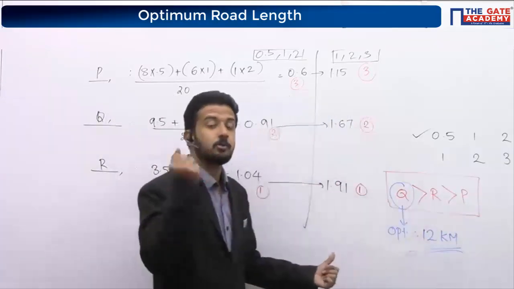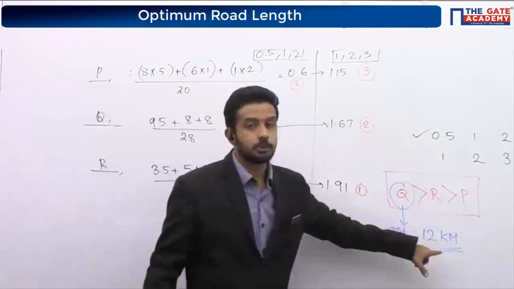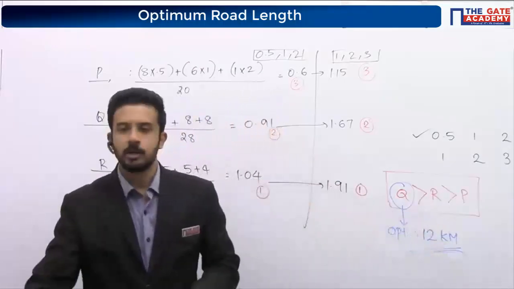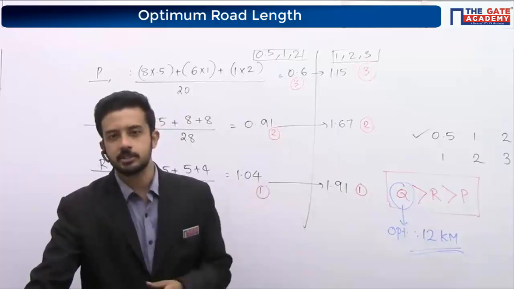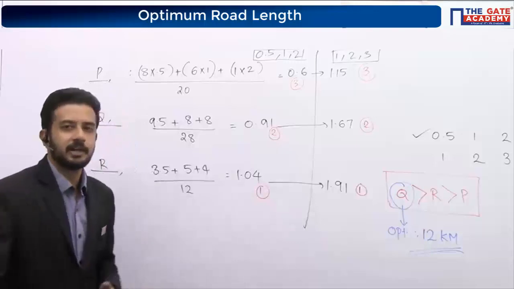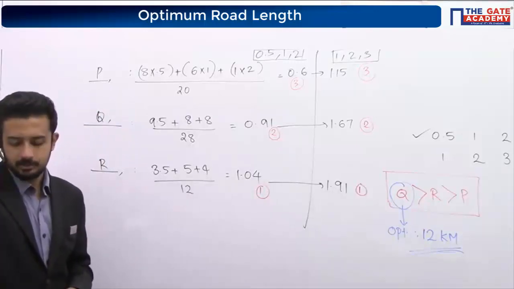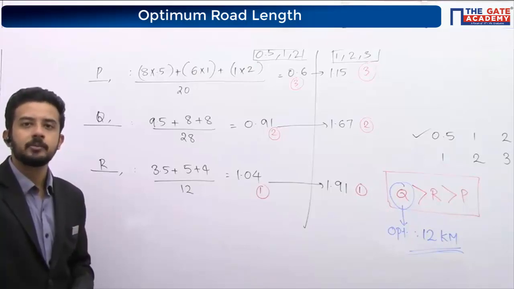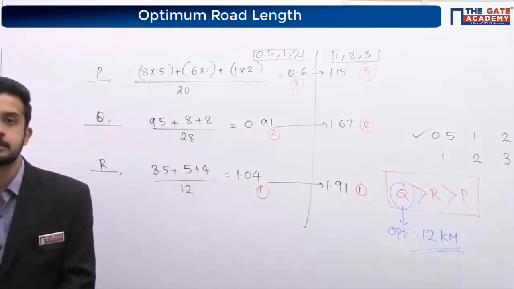Now if they want to make one more tough question, they may not ask you the same. They may ask you the optimum road length. Those who are simply memorizing questions from previous GATE papers may not know the optimum road length concept. In case they ask, that may be an advantage for you. You can overtake other people. Are you getting the concept, what it means?